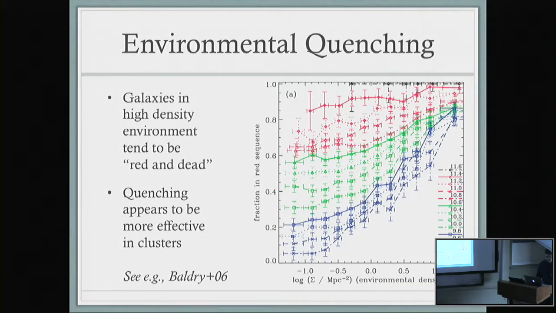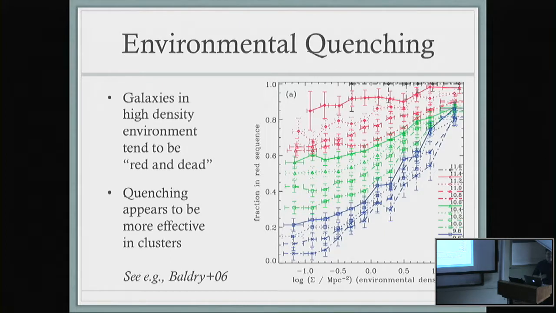We all know that galaxies in clusters are typically red and dead. They probably experience quenching more effectively or more efficiently than in the field environment. As you go to higher environmental density, the colors of galaxies primarily shift from blue to red. So cluster galaxies are by and large quenched, and they probably quenched very early. We're not entirely sure how this quenching occurs.